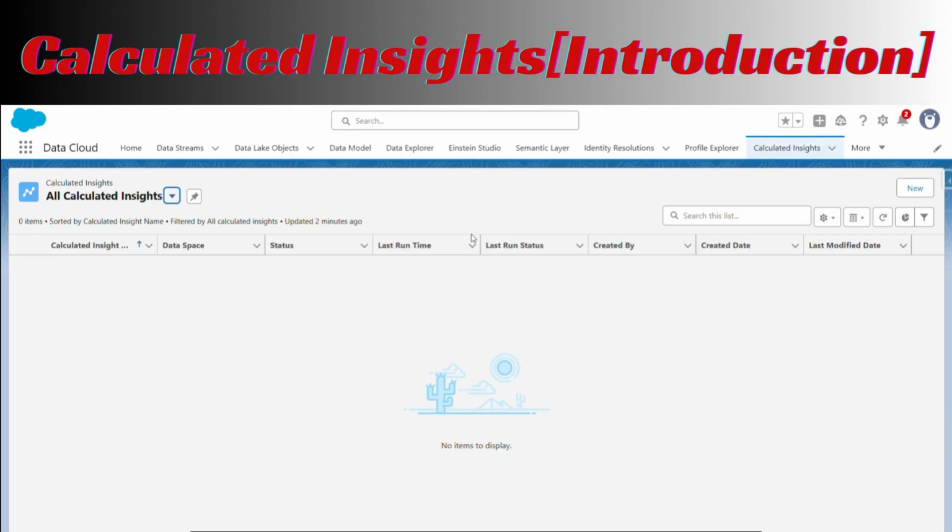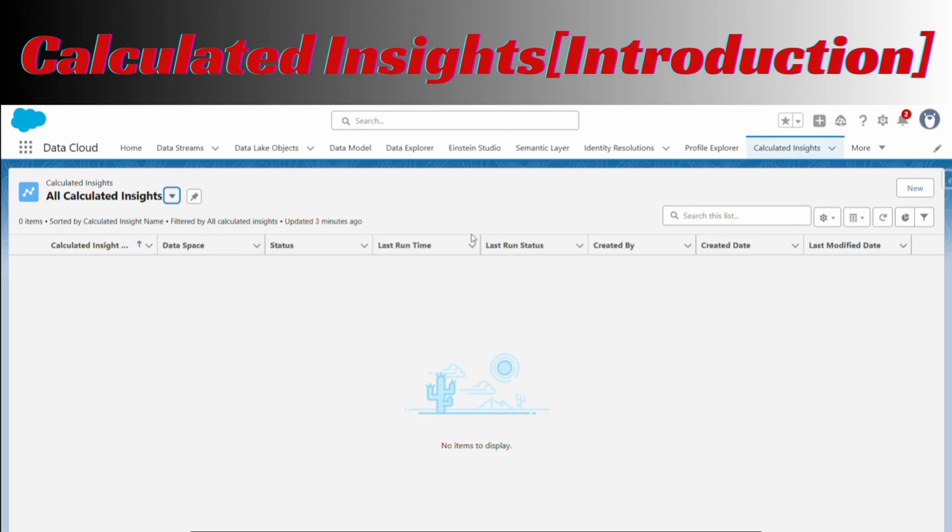For example, imagine Tanishq has customer data from in-store purchases, the online website, and a loyalty program. Using Calculated Insights, they can calculate the total purchase value of each customer in the last year, find the average order value for each customer, identify the last purchase date and calculate the days since last purchase, and segment customers into categories like gold shoppers who spend above 50,000 and dormant shoppers with no purchase in 180 days, etc., right?